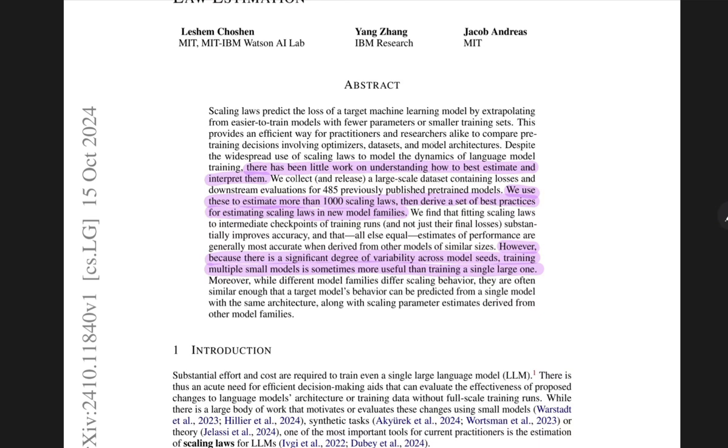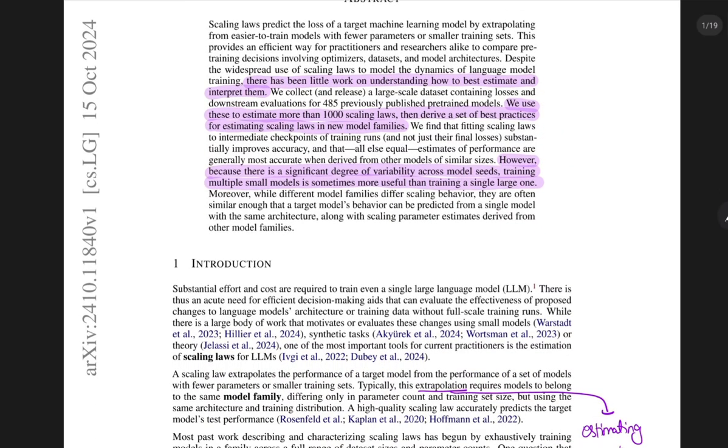So they say that despite the widespread use of scaling laws, and we have seen so many dynamic models, training and quantization, there has been little work on understanding how to best estimate and interpret them, right? So they say they use these to estimate more than 1000 scaling laws, then derive a set of best practices for estimating scaling laws in new model families. Okay. Now, I'll try to keep the video as short as possible and show you majorly all the laws that they are talking about,